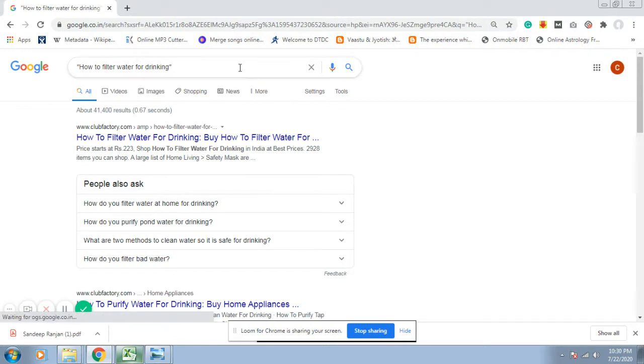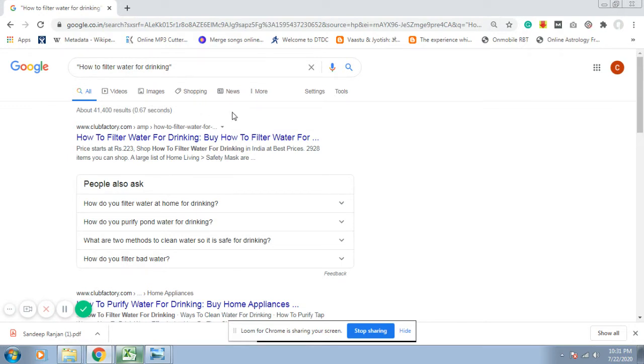After getting this in-quotes keyword as an input, Google starts matching it across its search engine pages. It says there are about 41,400 results, which took 0.67 seconds.